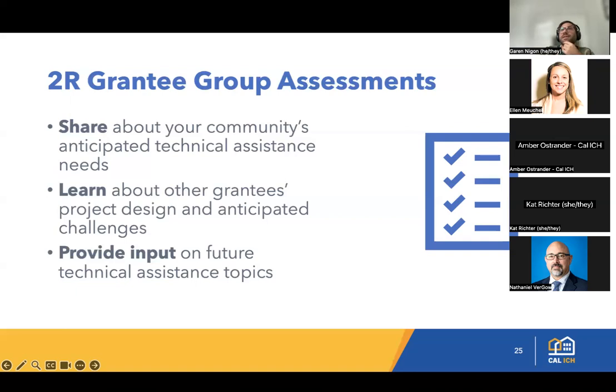We'd also ask that you invite all staff that are going to be involved in planning or oversight on your ERF program. That could be staff from sub-grantees as applicable, or anyone else you think is going to be important to administering your grant. Each grantee community, you can send as many staff as you'd like, but you should all attend the same assessment session.